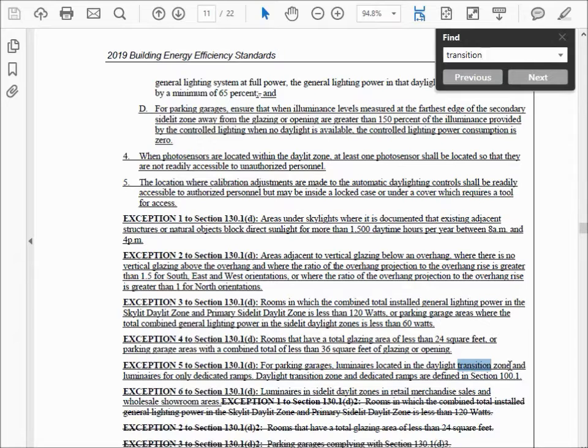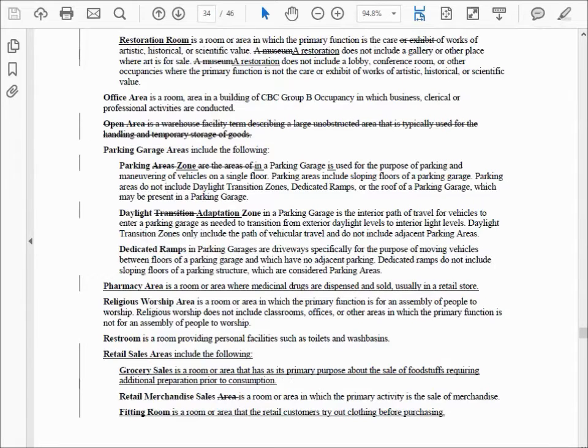So whoever changed it to daylight adaptation zone did not go throughout the code and see if they could match everything up. So let's take a look at a parking garage and then putting in feedback on this, because basically this is rendering this definition useless.